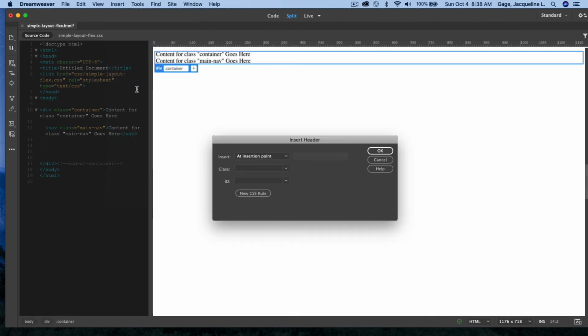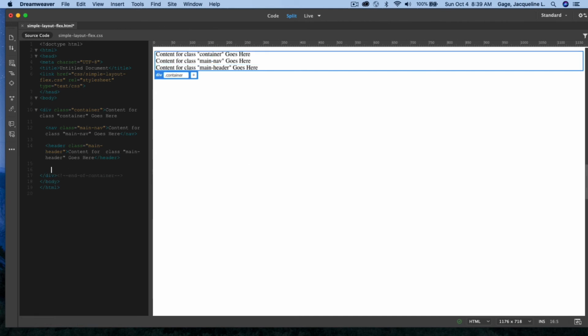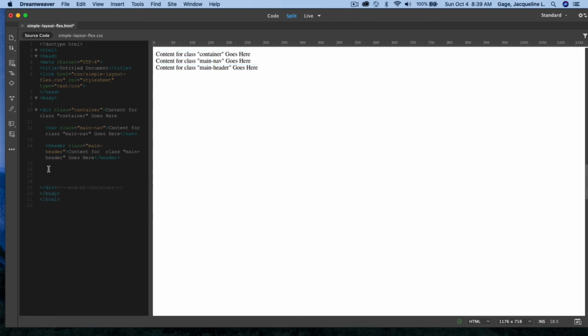header. Again, in case there was any reason I wanted to either add another header or format another header on a different page differently, I'm going to give this one a specific name and I'll call it main header and say OK. After the end of the header, I'm going to hit the return key again, and I'm going to,